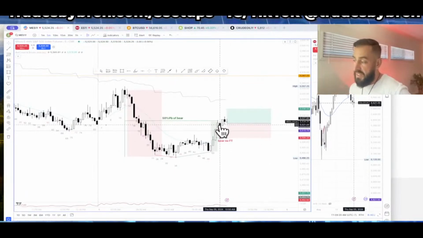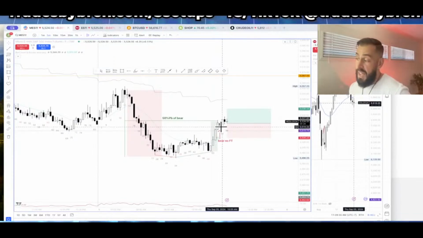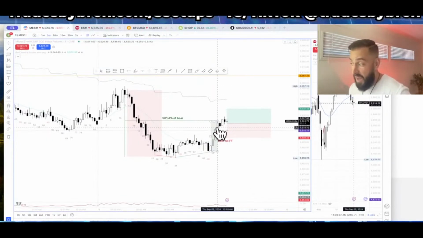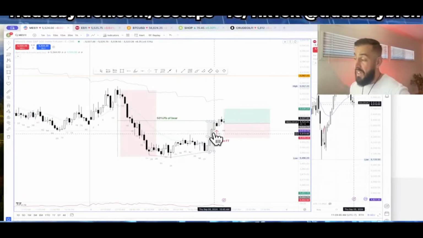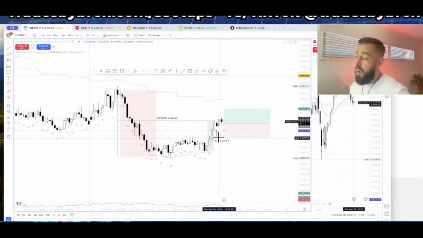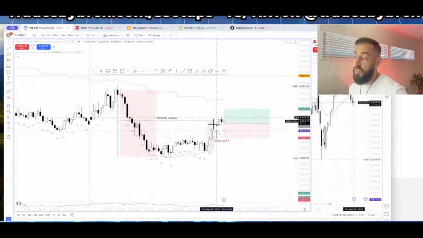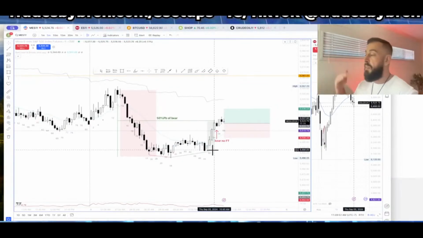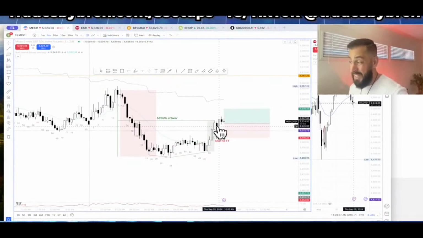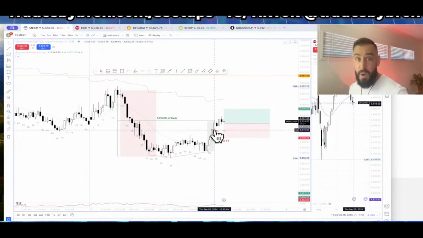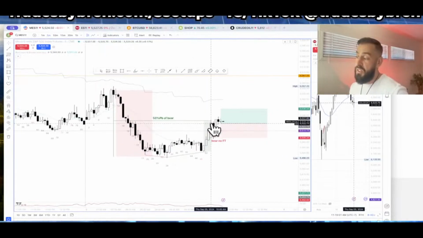So look at the size of this pullback. Now notice, were there 2 candles on that pullback? Did it last 2, 3, 4, 5, 6 candles? No, it lasted one candle. Okay, the best the bears could do was one close. So that doesn't even really show bear strength per se. This probably shows more like bulls taking profits, because we had a strong move up, and after you get a strong move up, the bulls know, well, let's take some profits. But they didn't even take that many profits, because look, the candle couldn't even close below the prior open. Okay, so bulls still in control.